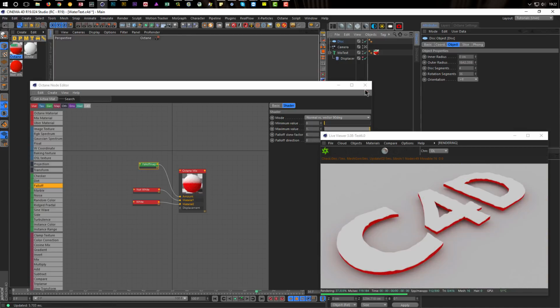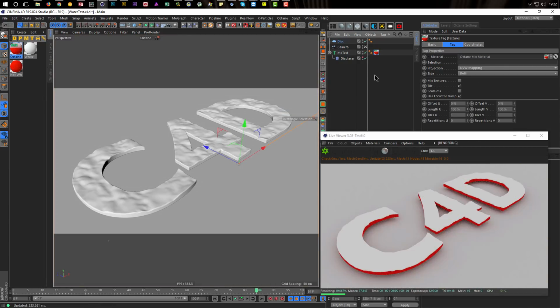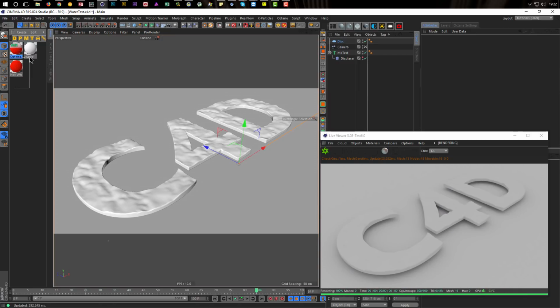So, we can delete everything here, delete these materials and start with the right material. I don't need my Octane rig. I have the Octane rig here too. I don't need it for this scene because we need just a floor and an HDRI, so we don't need a whole rig for this. And the rig is